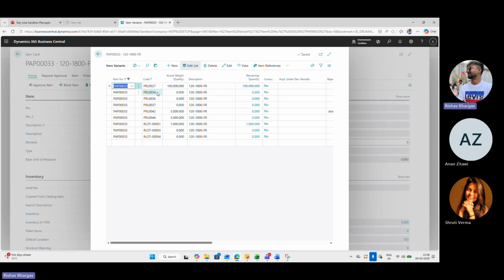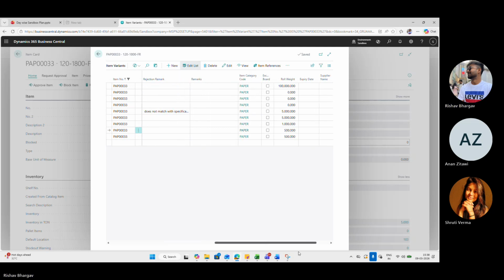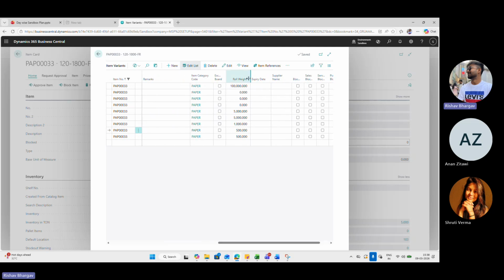Here you see that the reel ID is PRL 273436, and the lot item has been made like here, you see 03 and 04. A new reel ID for the roll weighing 500 kg is generated.